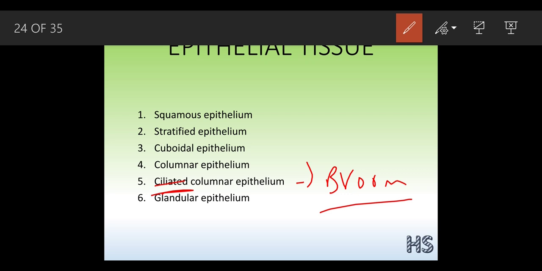Many a time, whenever you inhale, sometimes you sneeze. Why do we sneeze? Sneezing is basically nothing but a sign that a larger amount of germs or dust particles have entered into your body. So this trachea or windpipe is made up of this ciliated epithelium. And how is the structure? It's a hair kind of structure.